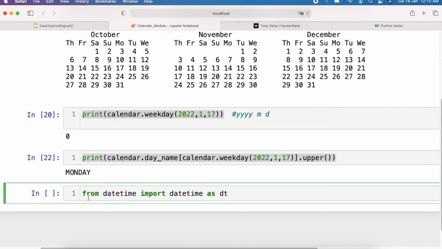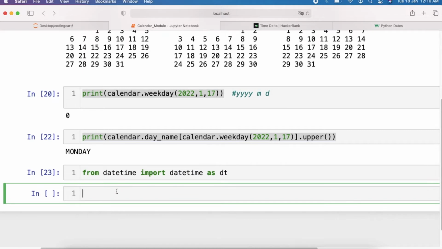Now here we are going to learn two functions, strftime and strptime. Before that let us print the current date and timestamp.